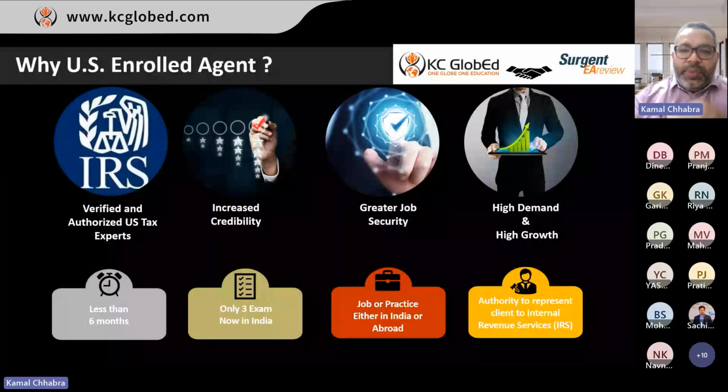Right. So this is the most authorized body to give you the certificate of a US taxation expert, right? The US Income Tax Department is directly giving you the certificate. Who can be the authority beyond this to certify you as a US taxation expert, isn't it? Make sense? Are you with me? Right. So now I'll take you back to the PPT.